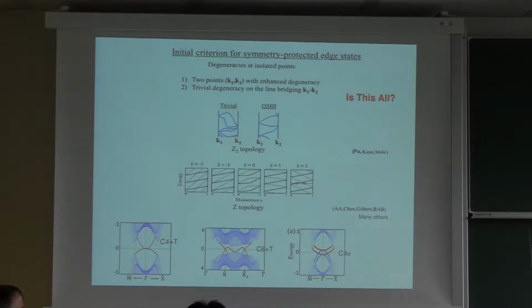The reason for that is that you have to have a twofold degeneracy here protected by some symmetry, and a twofold degeneracy here, or here, or here, but let's just draw these two, K1 and K2. Then you can immediately see that there are two ways of connecting the bands on the surface. These are surface bands, so I'm just adopting a surface-centric perspective where the bulk is gapped, and I'm asking what metals can you have on the edge, on the surface.